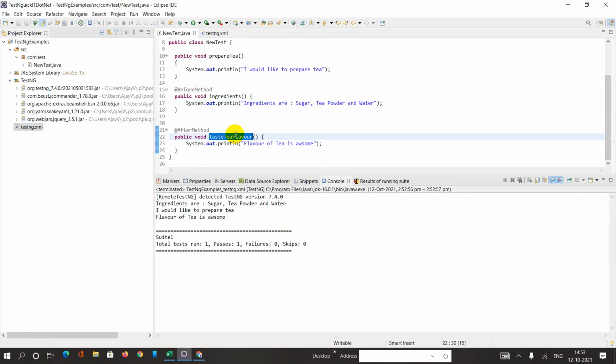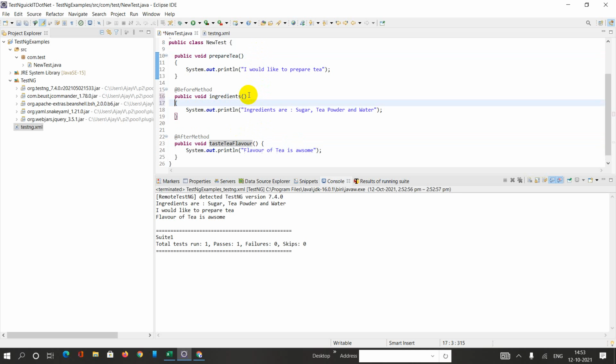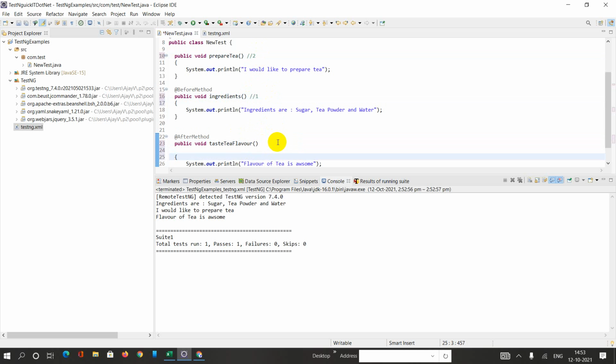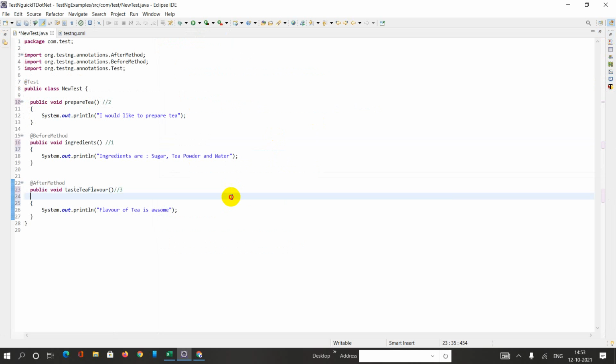It doesn't require to maintain sequence, right? But we know, to make a tea we do require the ingredient first, okay, then we will prepare the tea and then I can test my tea flavor, okay. So this is the sequence we are going to follow, okay.